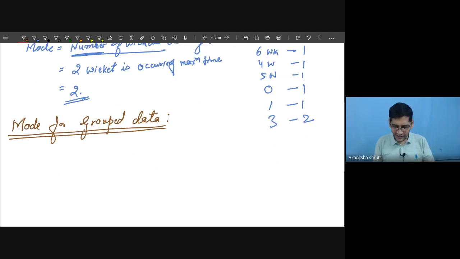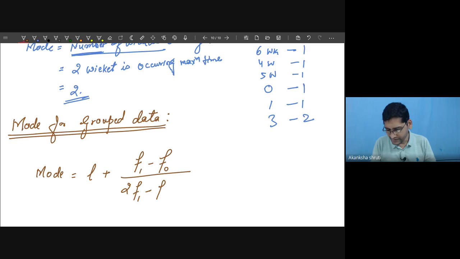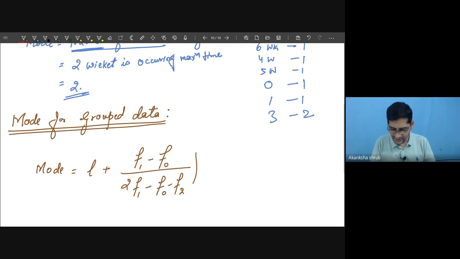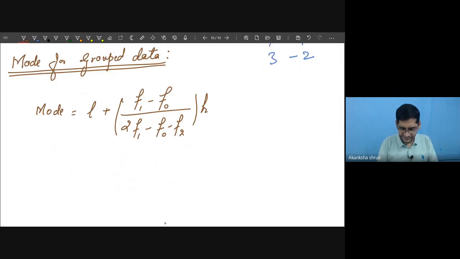Mode for grouped data is obtained by the formula L plus (F1 minus F0) divided by (twice of F1 minus F0 minus F2), and this has to be multiplied with the interval length H, where